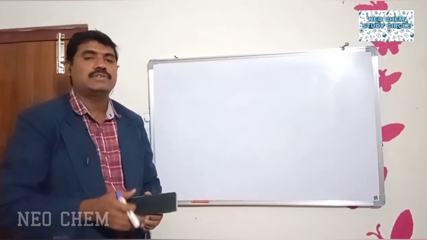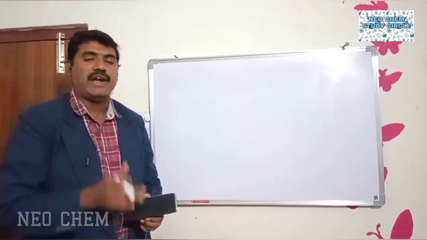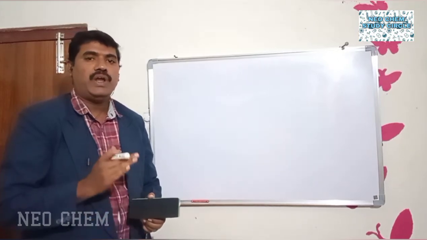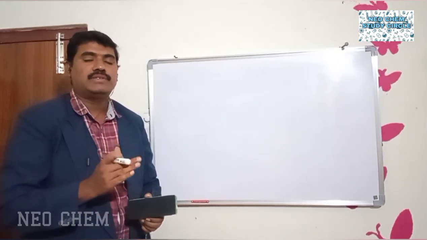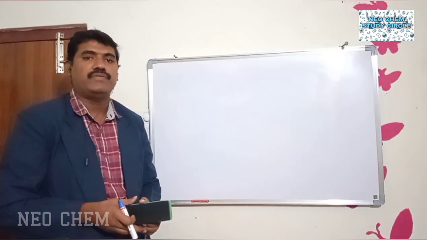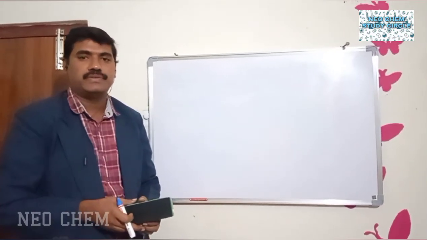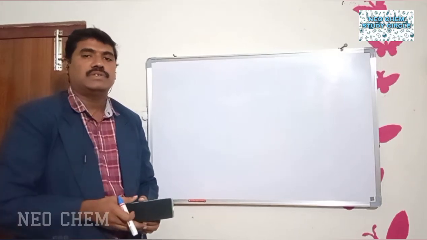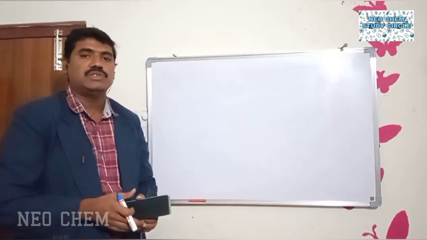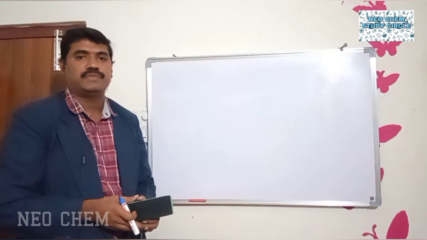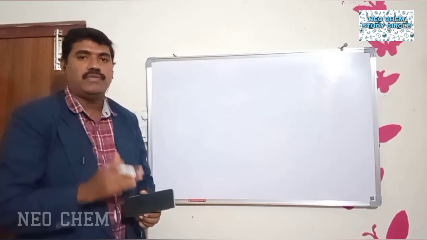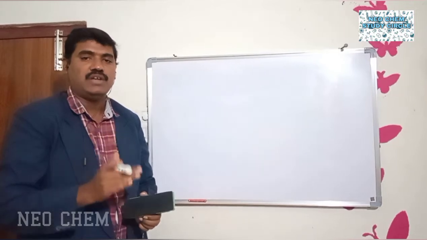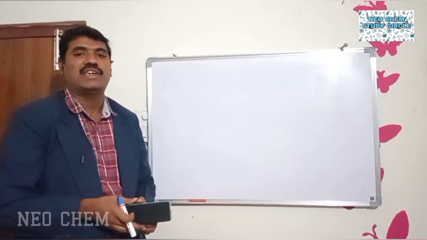In the last class, we discussed the identification of hybridization of neutral molecules. Today, we will discuss the identification of various types of ions. There are two types of ions, having positive charge and negative charge. First of all, we will identify the hybridization of positively charged ions, known as cations.